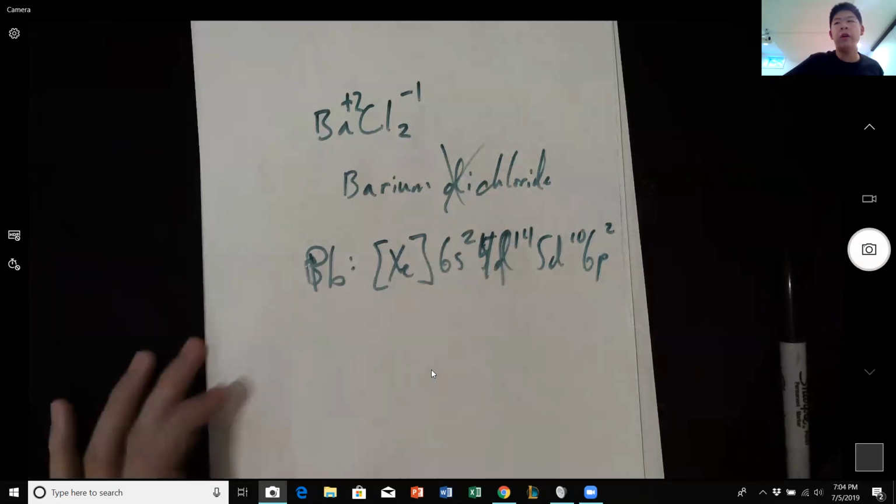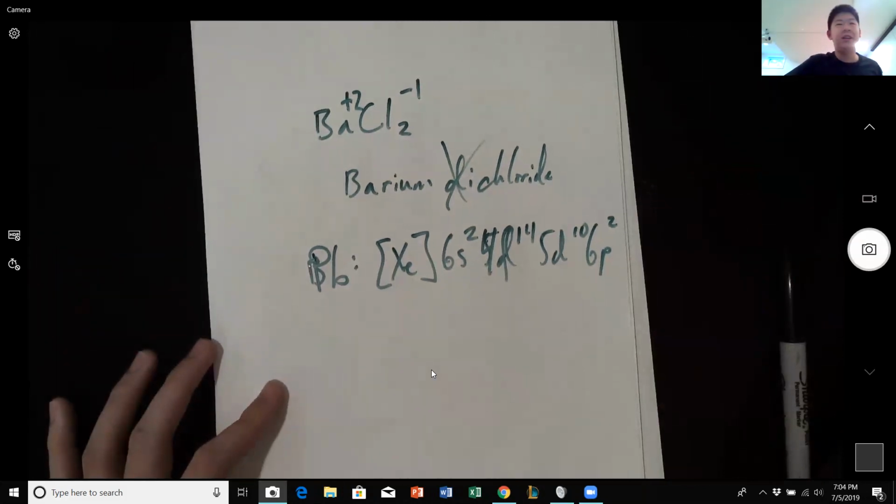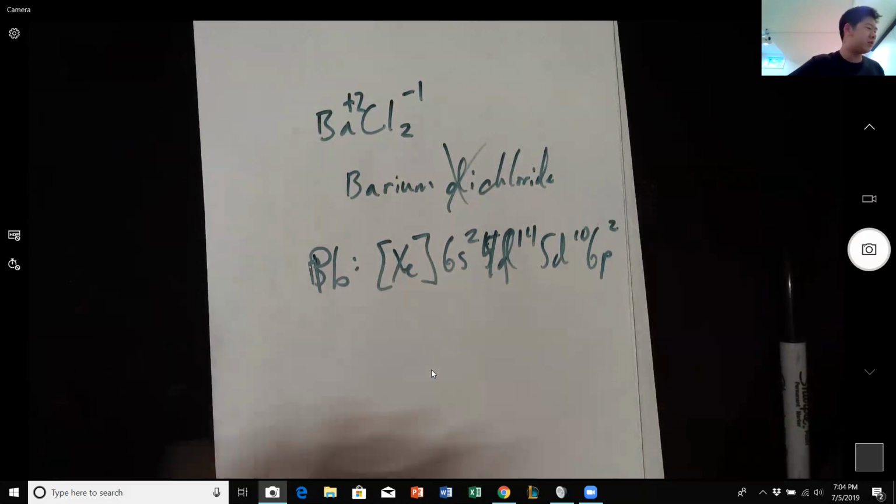Oh, does everyone have a periodic table with them? Because I don't have mine, so I'm trying to do this from memory. Okay,